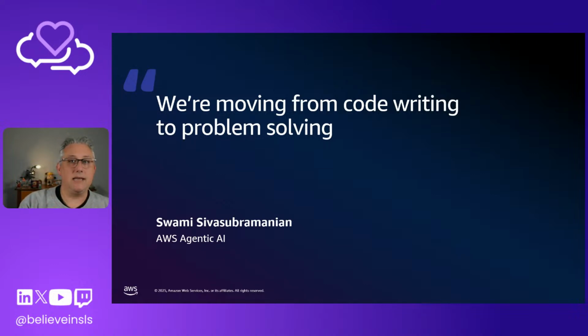Our tech leads and the people who are guiding our developers are the ones that have that outcome-driven view. But now with our coding assistants, every developer on your team can be lifted up out of that focus on delivering code and focus on delivering outcomes. And I think that is where the power of AI coding assistants comes in. So that's really true. We're moving from code writing to problem solving. I love that quote.